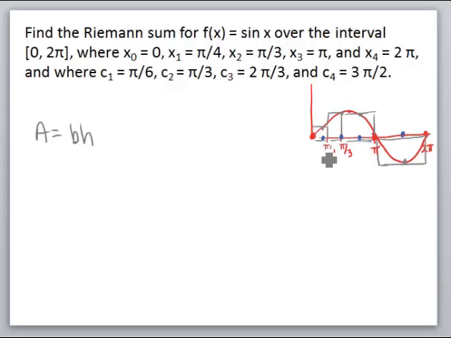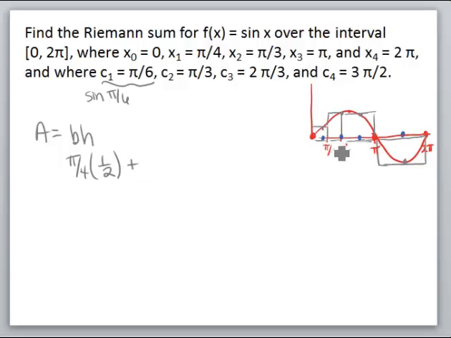So base times height. The base of this one is pi over 4, and the height would be whatever the sine of pi over 6 is, that's this number right here. Well, the sine of pi over 6 happens to be 1/2,